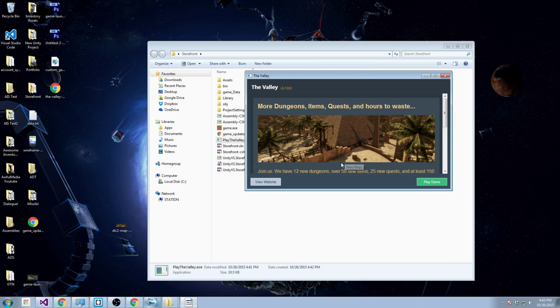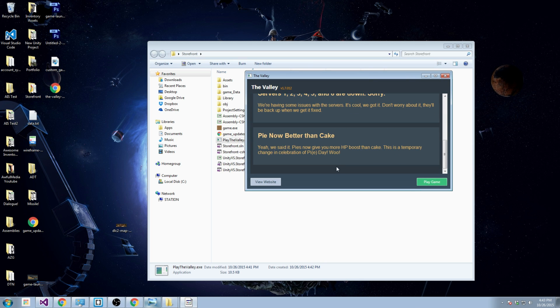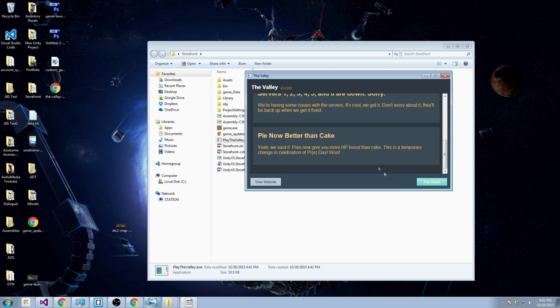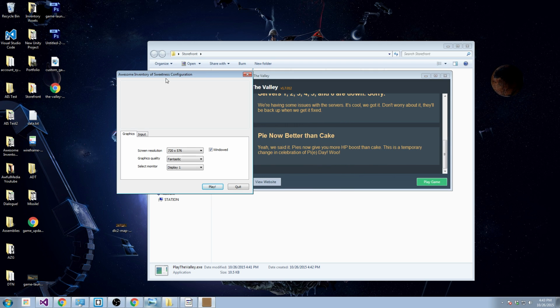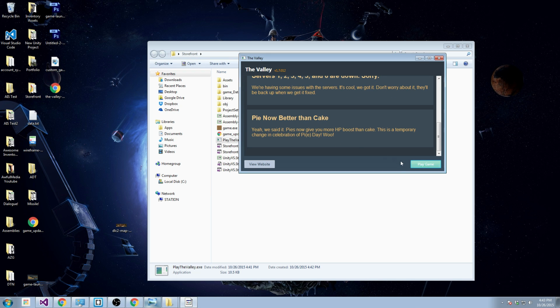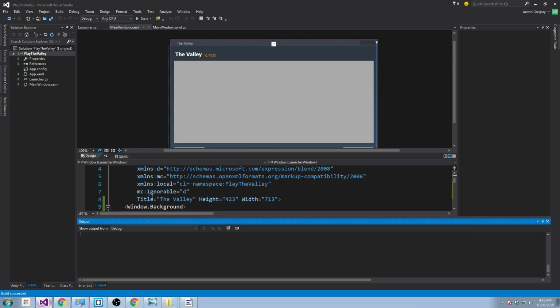So what I can do now is notice it works the same. I mean, we have a standalone application. It's pretty cool. Click visit website, takes me to the website, awfulmedia.com. Click play game. It is going to launch the game. Now, it did not close the application. You may not want it to close the application. It's up to you, but if you do, we'll do a simple